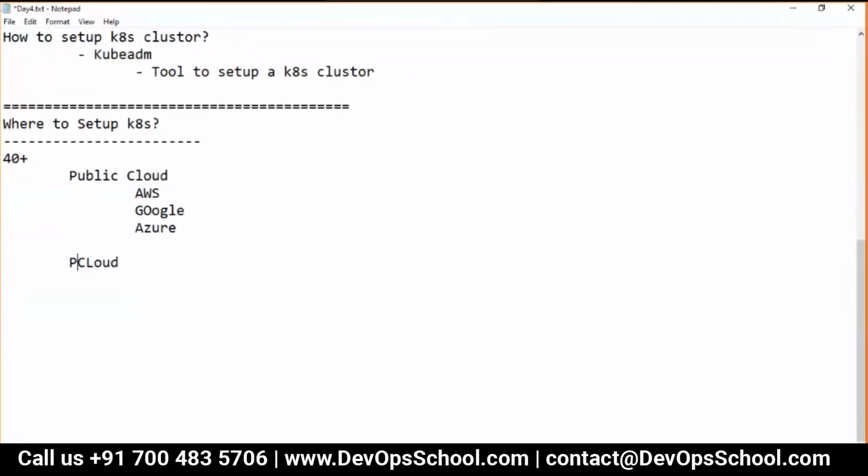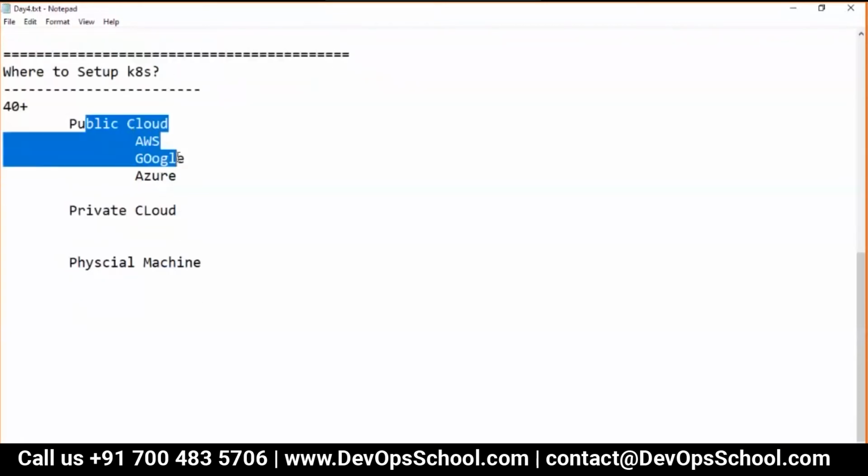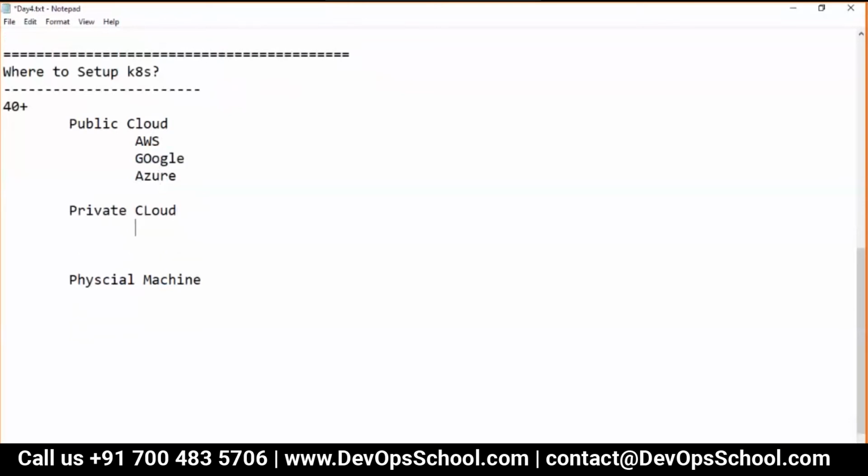Non-cloud, let me put it this way: public cloud, private cloud, and the manual way, with physical machines on-prem. On-prem is also a private cloud actually, so that's the reason I got confused a little bit.